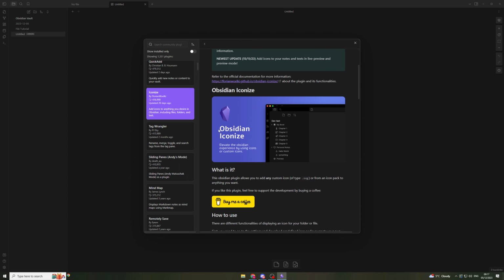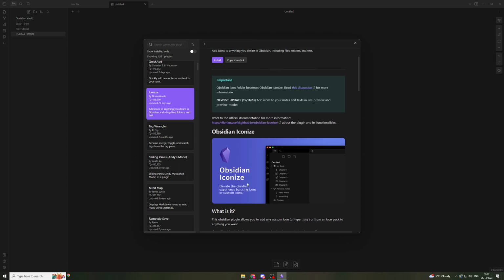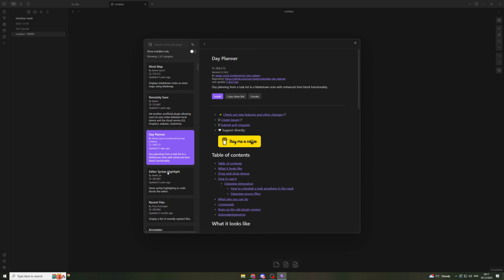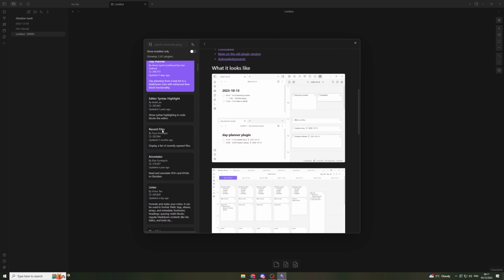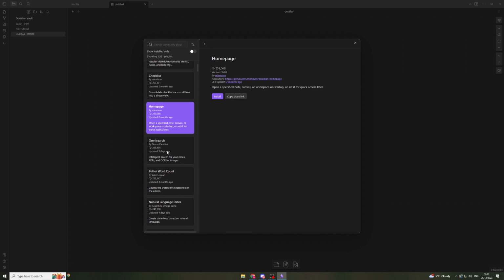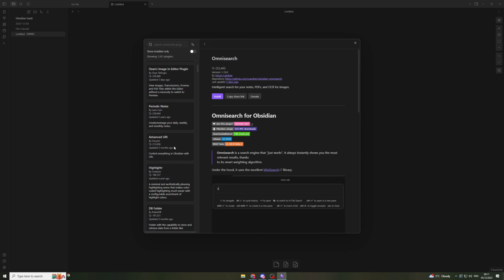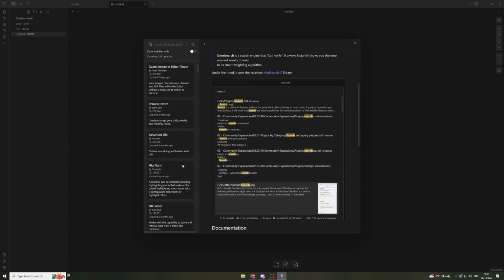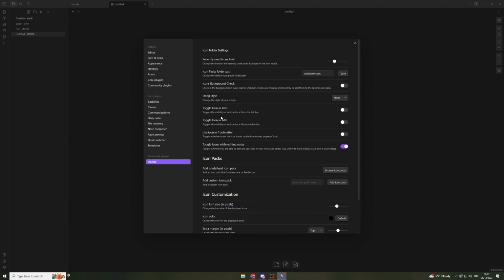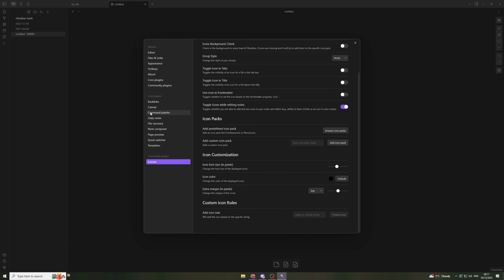But really, you can go through here and there's tons and tons of different things. We've got iconize. This basically adds icons to it. If I install this here, I'll now be able to change the icons on it. So really have a look through here, and there's a ton of different plugins. This is kind of where it's a game changer as opposed to an app like the Notes app on Apple, for example. But yeah, if you're not going to use these, I wouldn't bother using it, but have a look into these and see what you think. So for now, that's basically everything you need to know. There's a ton of different settings you can fiddle with, but yeah, customize it to your liking, and